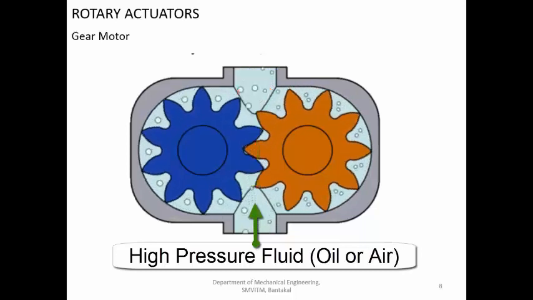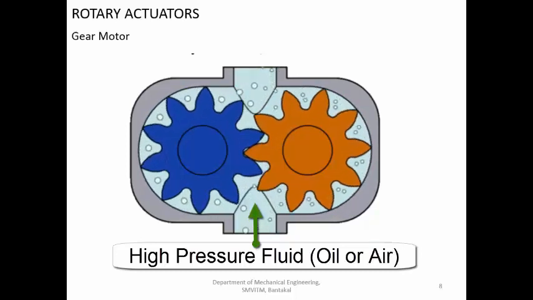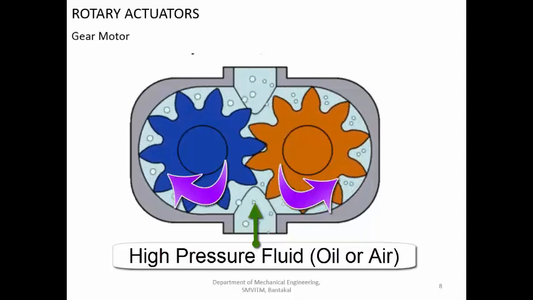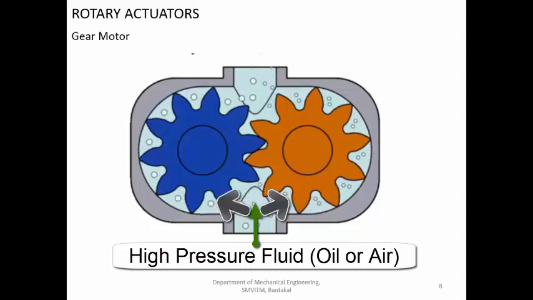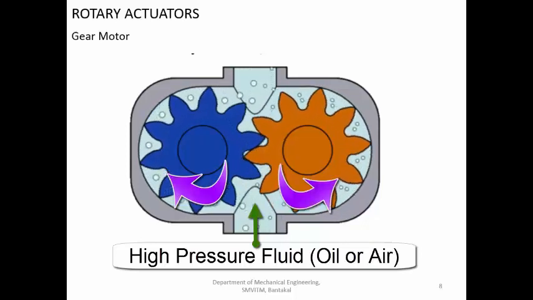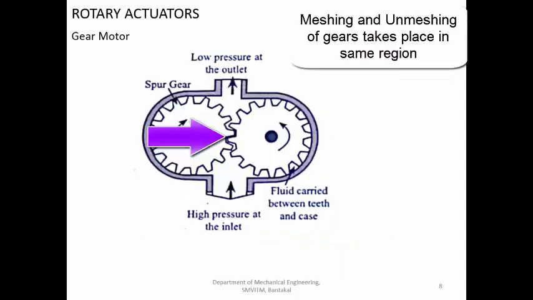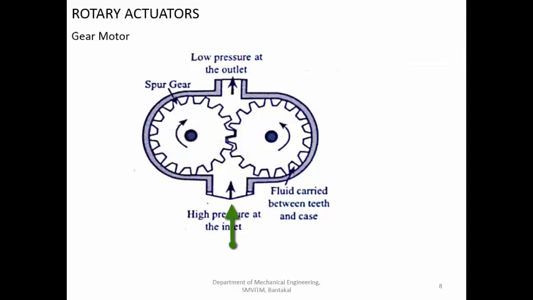The next thing is the air acts on these surfaces, whatever gap is there, so it can rotate and escape very freely in this direction. Whenever you see this, you should understand how exactly the motion is happening. The compressed air is pushing here and it is rotating. This gear rotates in this direction and this gear in that direction, and the gears are unmeshing here. Since the gears are in continuous mesh at this particular point, the high pressure fluid cannot leak onto the low pressure side to a very large extent.